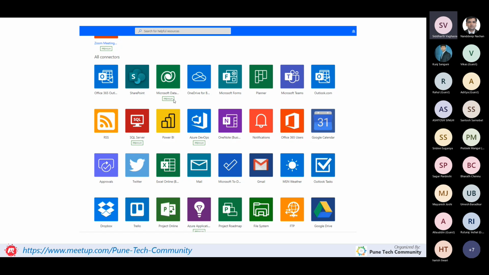Outside of the Microsoft technology stack, there are also connectors for external vendors and products which are more popular and which we might be using in our day-to-day life. For example, Google Calendar, Gmail, Twitter, Google Drive, then SFTP and FTP file systems through which we can upload files to a particular SFTP or FTP, then Dropbox, Trello. There are around 325 plus pre-built connectors available,